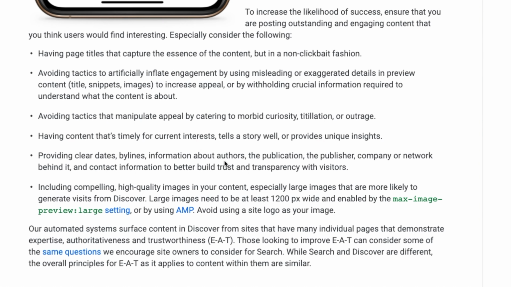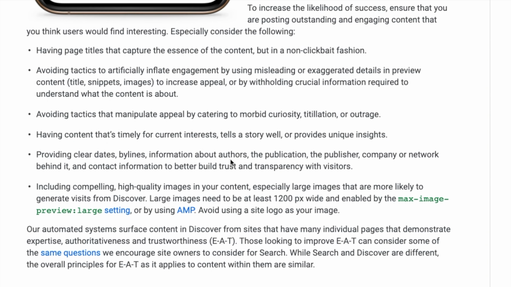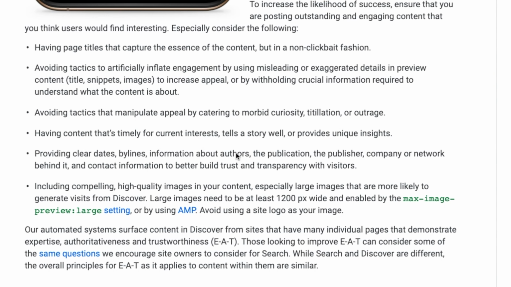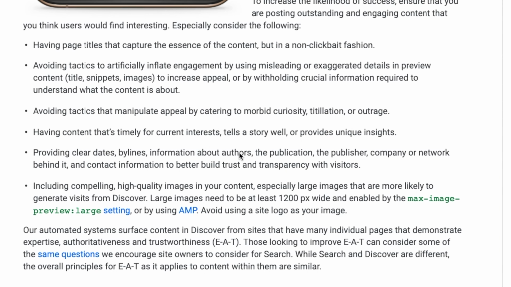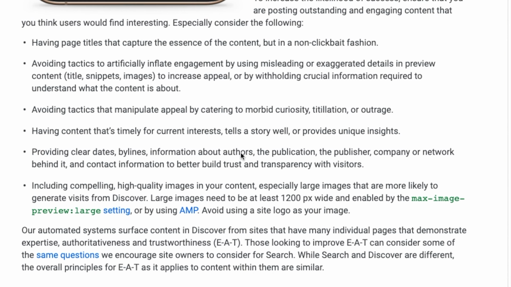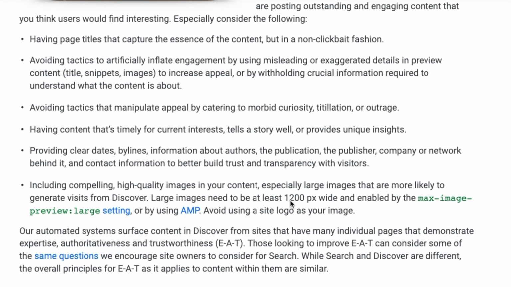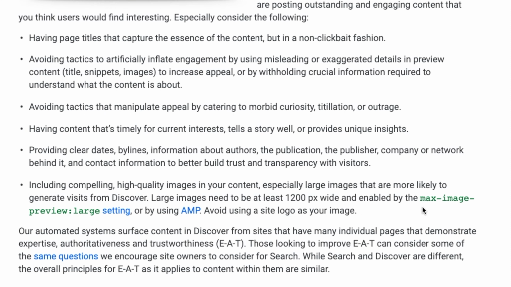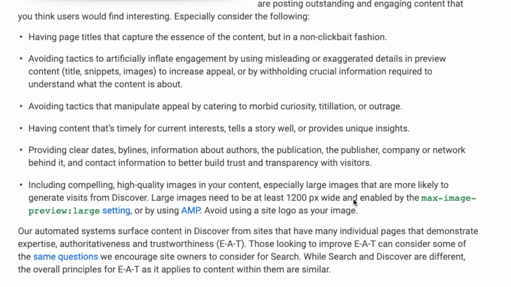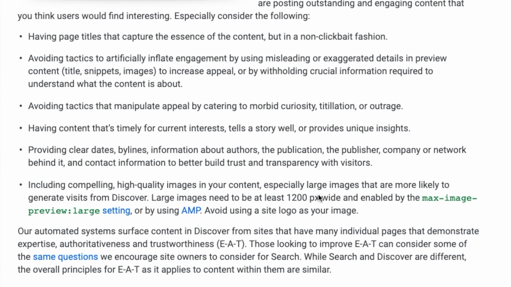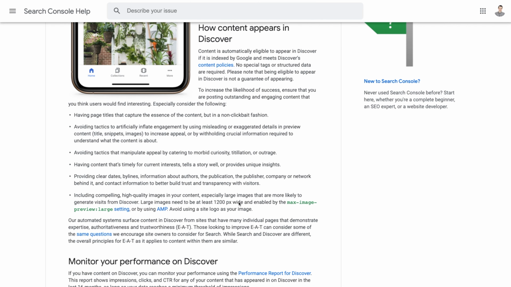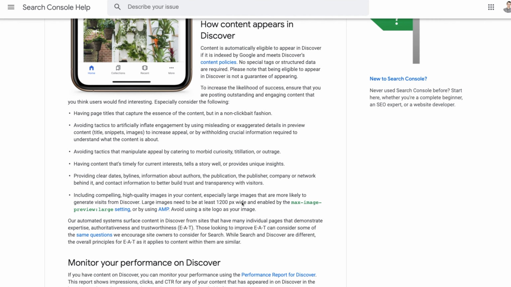And this is interesting. They're mentioning authors here, but there's a lot of references to how authors may or may not influence things, and it is questionable to what we're seeing with EAT. And then the big one is making sure you have high quality content, and this might take a little legwork because you need to have the right HTML parameters and include that. So this is something that we'll be exploring and working with more to make sure we have this complementary in